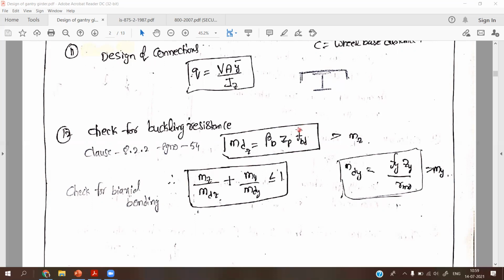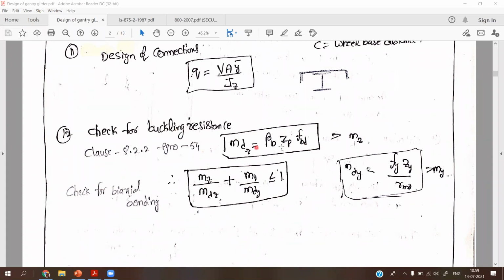Whichever method is easy, you can use that, but the most critical and accurate method is the Mcr method. If you substitute that value, you can finally obtain the fbd value. I will discuss this in the next class.